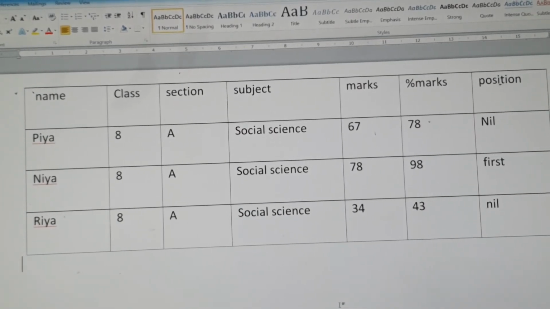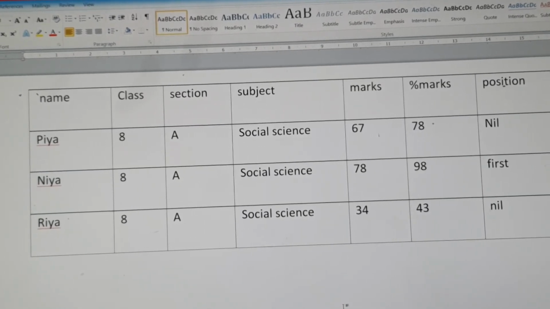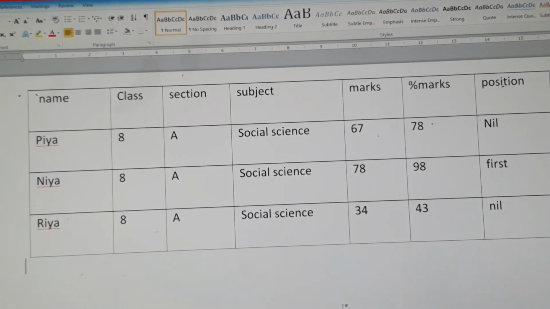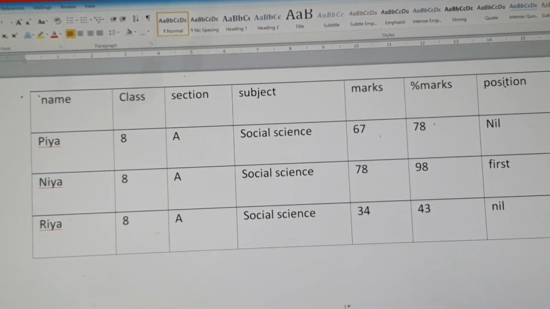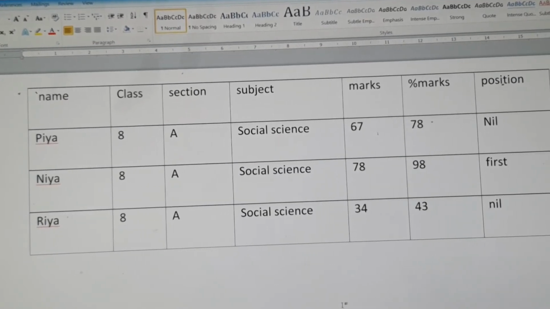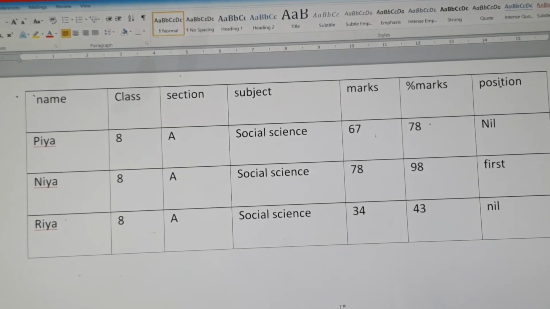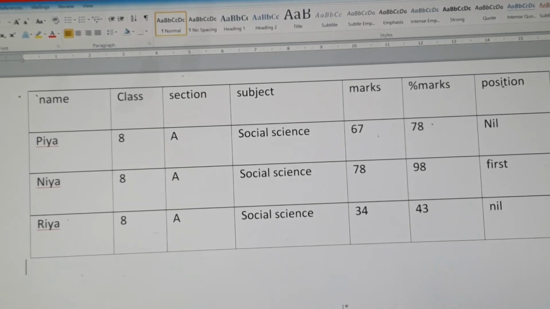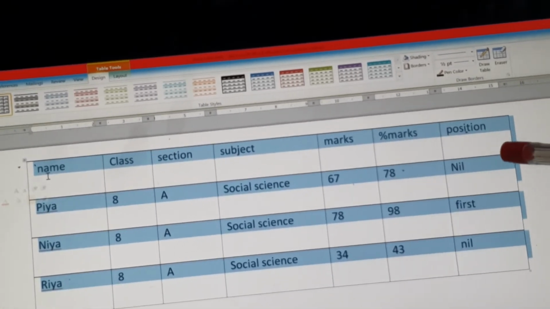Now the next topic, if you see in your book, the topic is applying borders and shading. ठीक है, ये टॉपिक आप बुक में से खुद पढ़ेंगे कि what is this topic. I am just going to make you learn only the practical thing कि हम कैसे border और shading change कर सकते हैं टेबल का. Okay, for that purpose what we need to do, we have to select the table first. Okay, we will see how we are going to perform the change in border and shading of a table. See, I have selected the whole table.